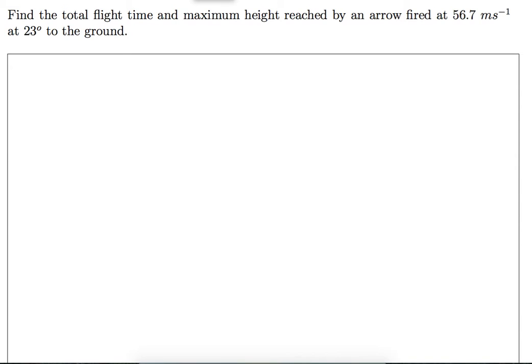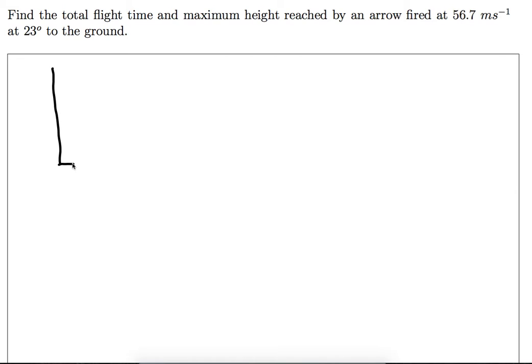This is our first example video for topic 2, and it's a projectile motion question, which might be a little bit more challenging than some of the ones we've done to date. I guess we'll find out. So my diagram, I'm actually not going to draw a picture of an archer with a bow and an arrow. I'm going to draw